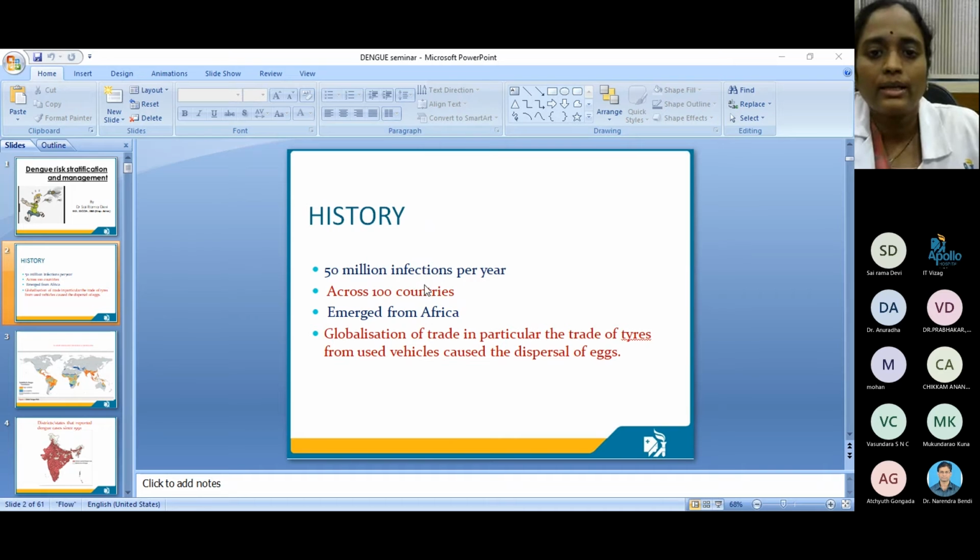They in turn release the inflammatory mediators, and the cytokines are activated by the T cells. These inflammatory mediators act on the glycocalyx. This is nothing but the membrane which is called the endothelial membrane, which is intact in the normal state. When these inflammatory mediators act on the endothelial membrane, you have the disruption of the endothelial membrane, and this causes